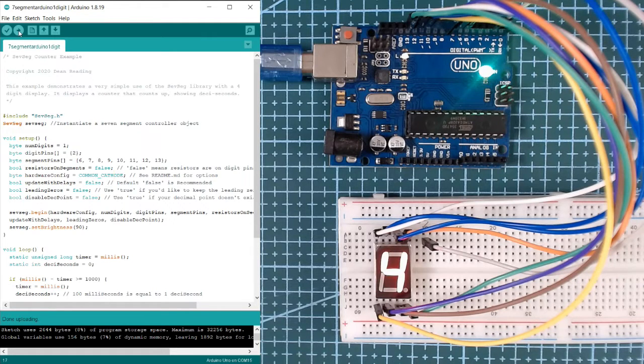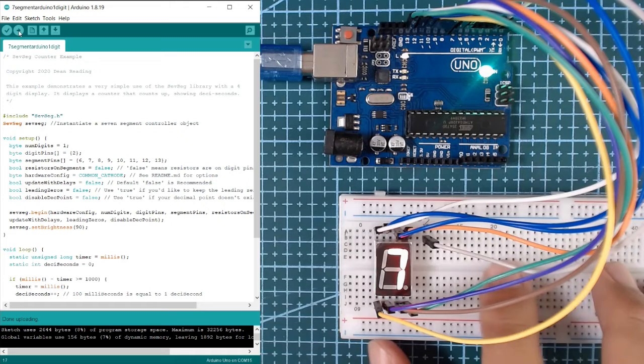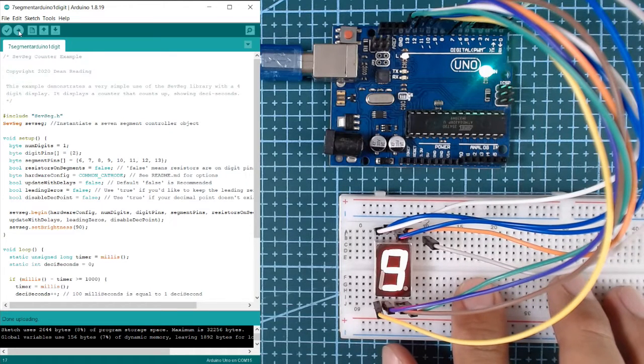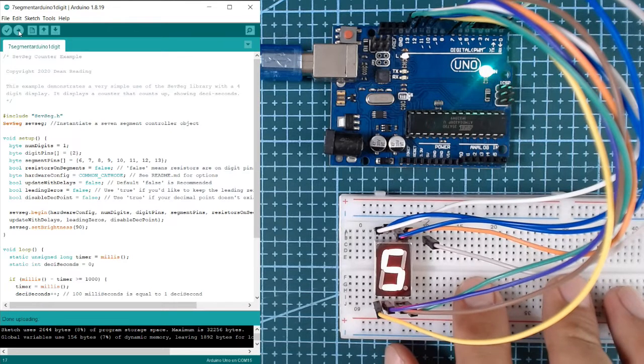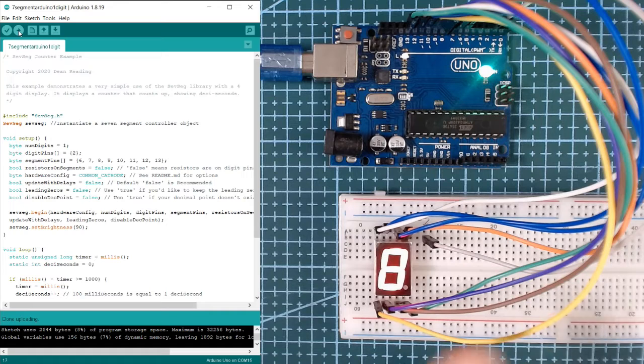You can now see here that our 7-segment display is now displaying digits from 0 to 9, and it just cycles from 0 to 9.